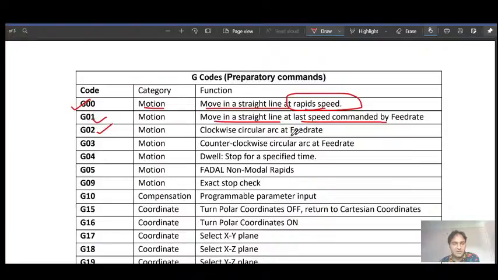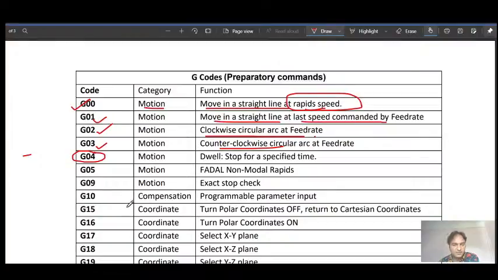G02, I am marking which ones are important. G02 is clockwise circular arc at feed rate, so clockwise motion. G03 is counterclockwise motion. G04 is dwell, which means sometimes we need to stop the tool at a particular position for some time, so the dwell cycle G04 is used for 4 or 5 seconds.